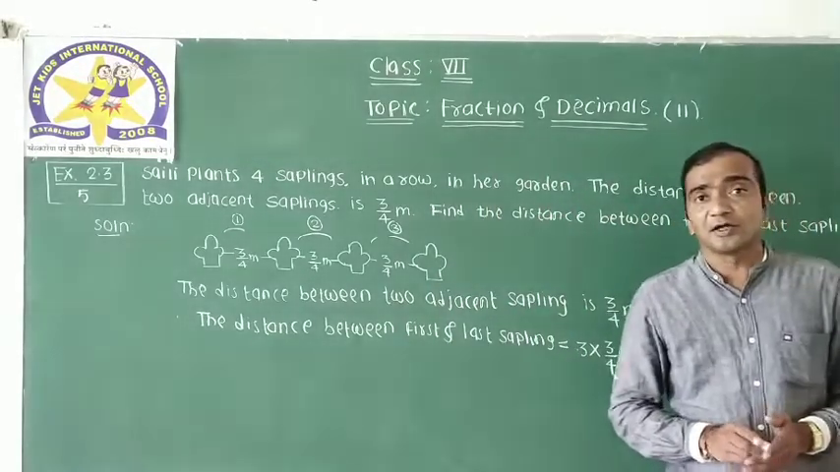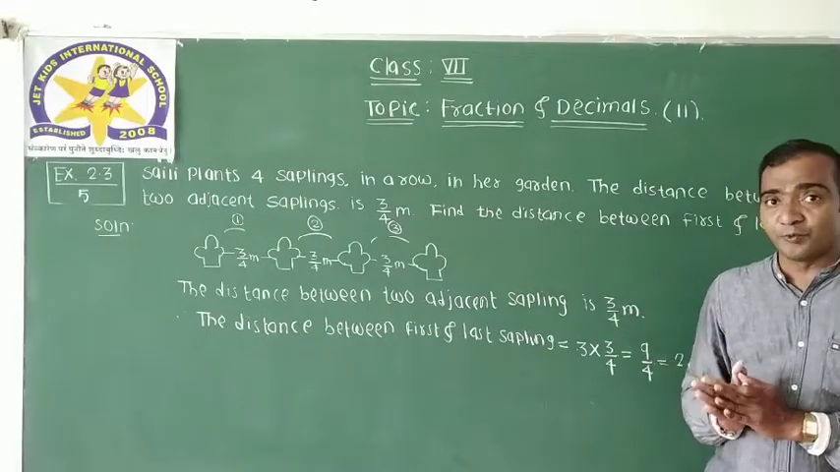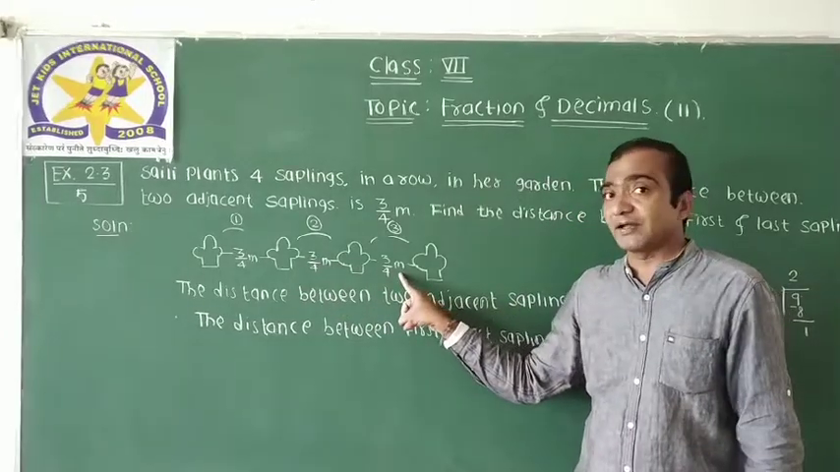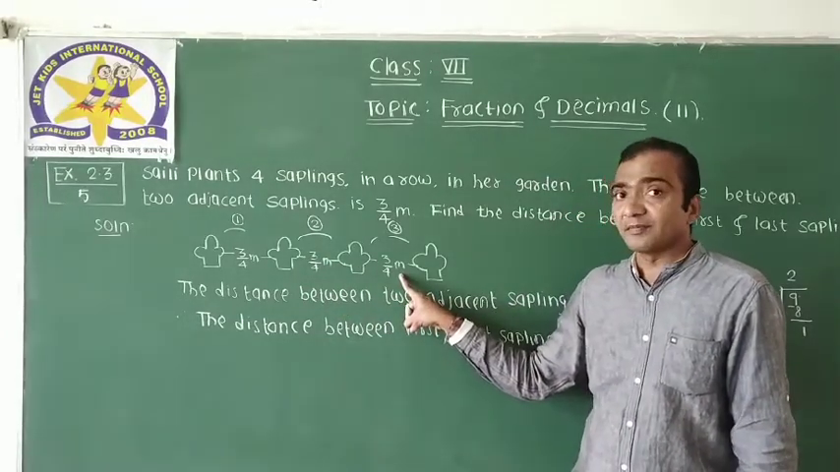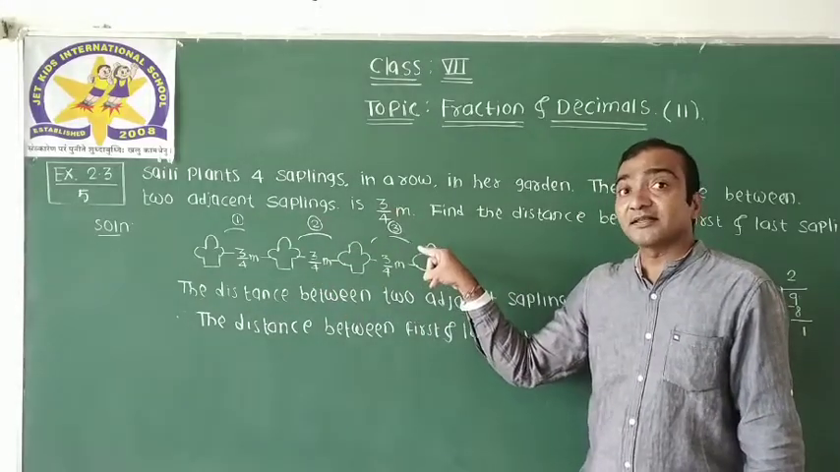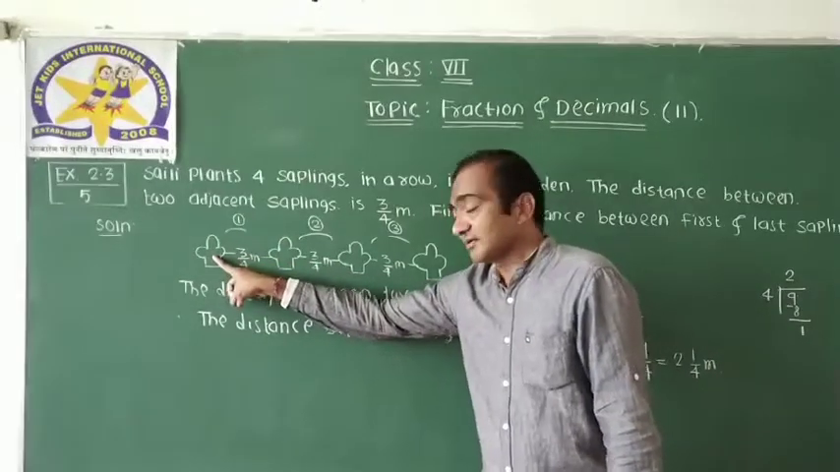How did we find it? First of all, we draw 4 saplings in a row. The distance between 2 adjacent saplings is 3 by 4 meter. You have to remember one sentence. How many gaps are there? 3 gaps are there. Therefore, the distance between first and last